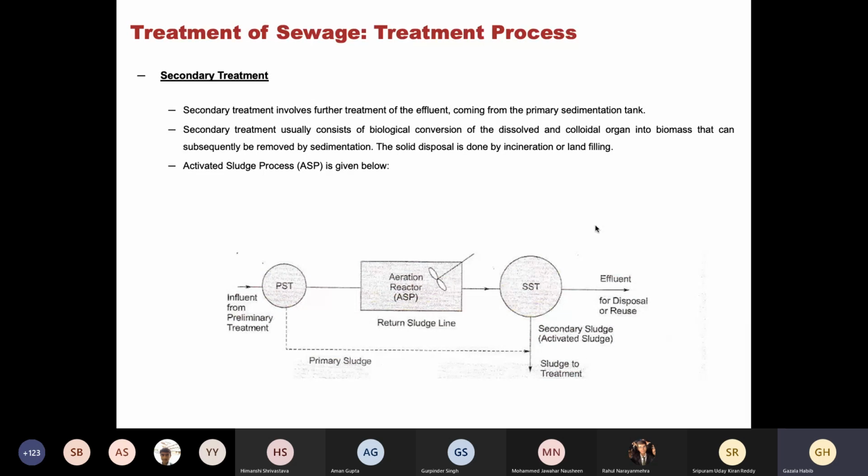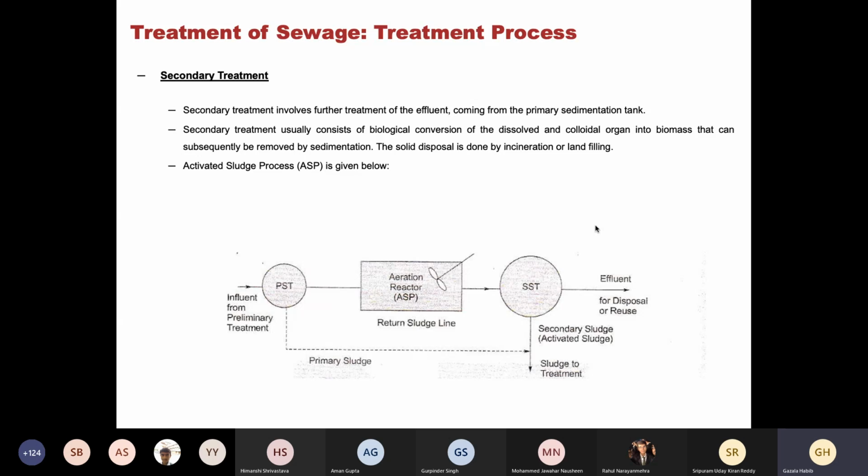The sludge will not be settled down in this tank. This whole mixture will be taken to the secondary settling tank, where the sludge will settle down, and the clear supernatant can be taken out as effluent. So this sludge, which has decomposed organic matter and some amount of bacteria also, can be sent to the primary settling tank, or even recycled to the aeration tank